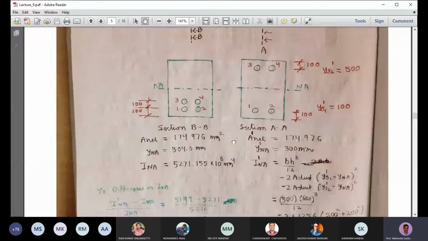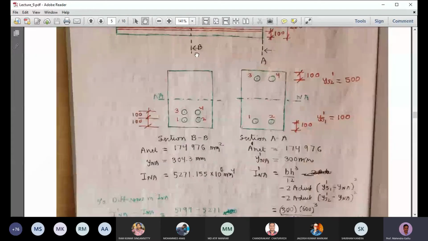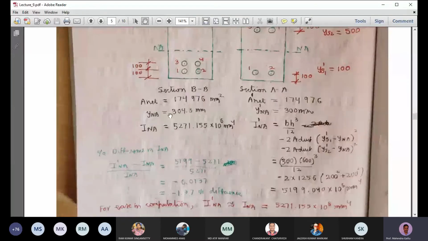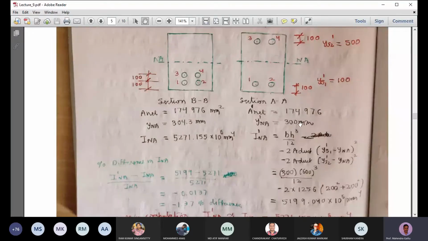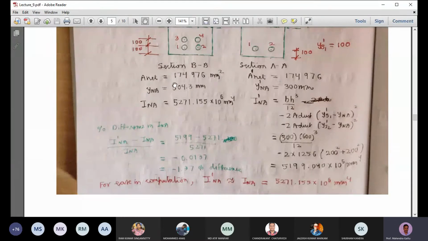So we have found the section properties for the mid span and the end span, and effectively we are keeping the same section properties. So we can use the same neutral axis here. Instead of 304.3, we can use 304.3 again here without affecting the answers very much. There will be negligible changes in the answers. Whatever effective section properties are here, the same we can use there also for the calculations. So I think you can stick to these section properties and use them.